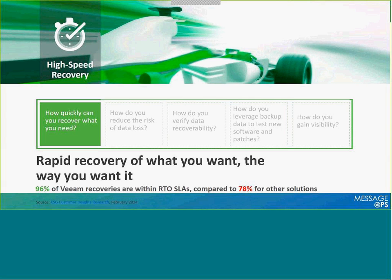And that's one of our pillars: high-speed recovery, which is based on our vPower technology. I won't get into too much detail, but essentially it's the ability to recover a VM directly from the backup file, something we patented and call instant VM recovery. Instead of restoring an entire VM, say 1 terabyte in size, which in traditional methods would probably take many hours,